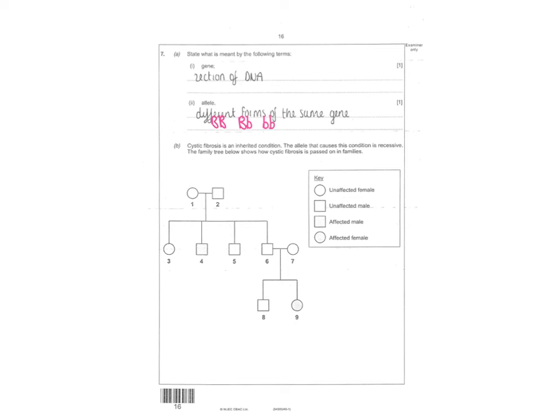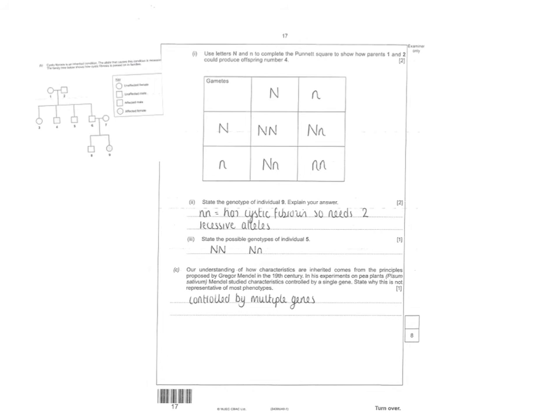Cystic fibrosis is an inherited condition. The allele that causes this condition is recessive. The family tree below shows how cystic fibrosis is passed on in families. So circle, unaffected female, square, unaffected male, this coloured in slightly affected male, and we've got an affected female. Use the letters N and n to complete the Punnett square to show how parents 1 and 2 could produce offspring number 4. So 1 and 2 are parents that are unaffected, but number 4 is a male who is